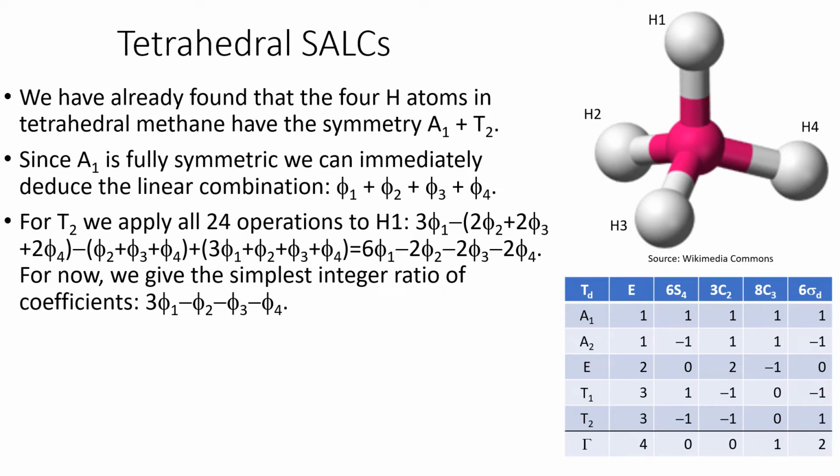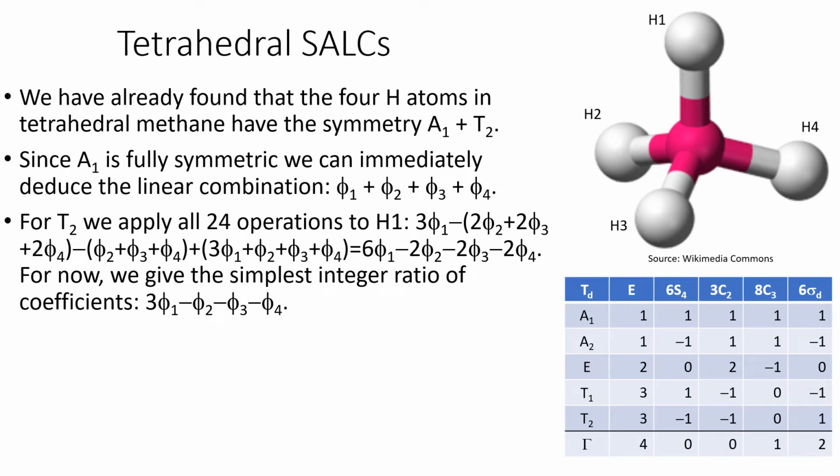And so there are 6 of these S4s. That's because we've got 3 S4 axes. These are the X, Y, and Z axes. And we can do the S4 clockwise or anti-clockwise. So we've got 6 of these operations to think about. And on top of that, the result has to be multiplied by -1, which is the character for T2 under